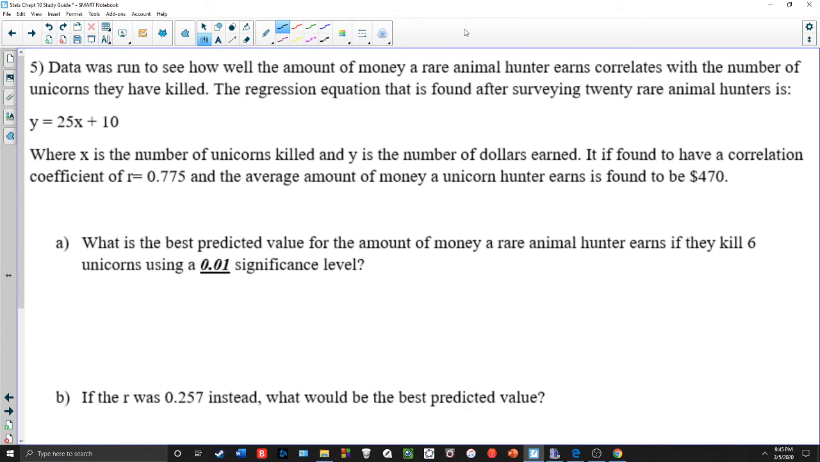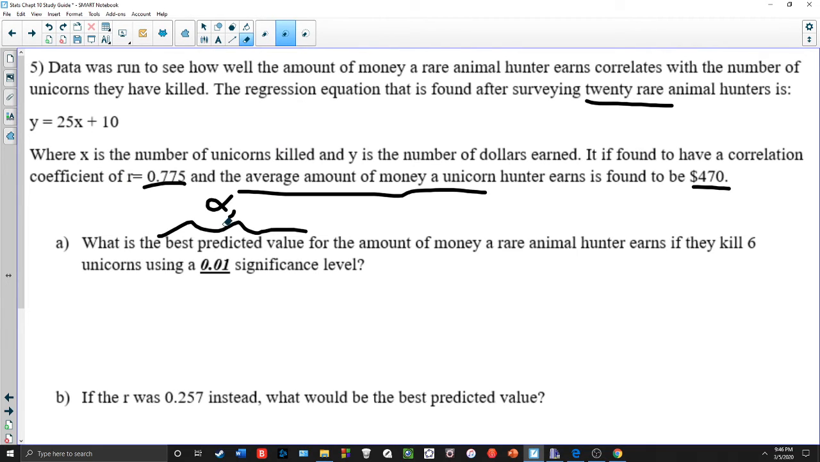We have a regression equation after 20 rare animals. It says that the R is 0.775, which is not that high, and that the average amount of money that they earn is $470. What's the best predicted value for the amount of money we'll earn if they kill 6 unicorns? So when it says what's the best predicted value, that means they're looking for either alpha or,